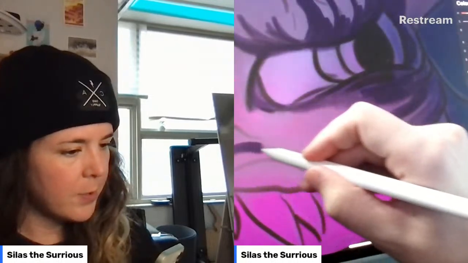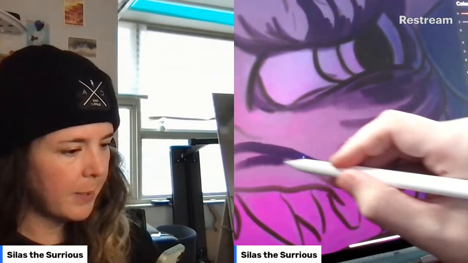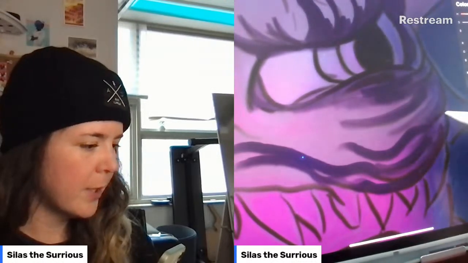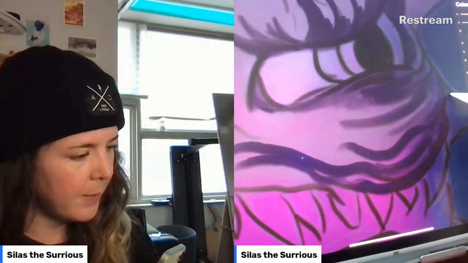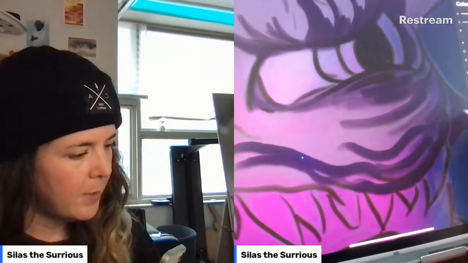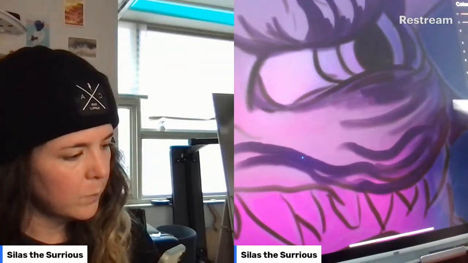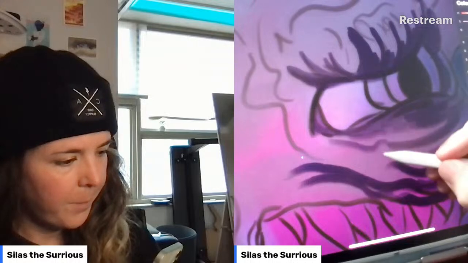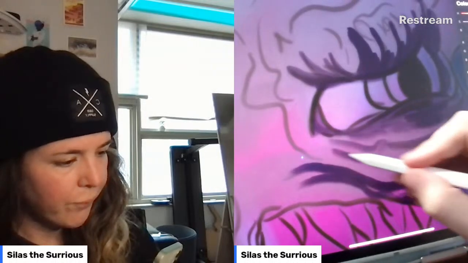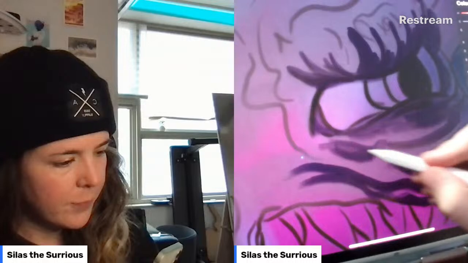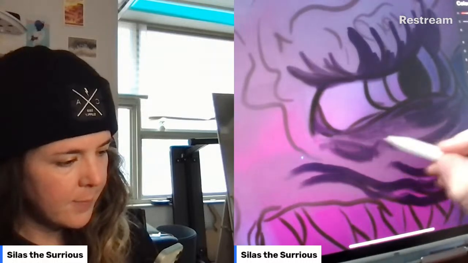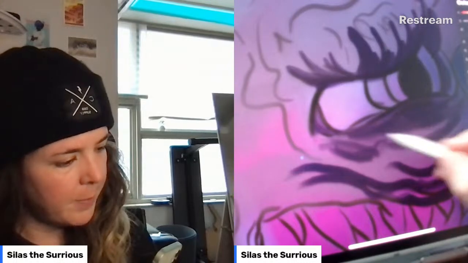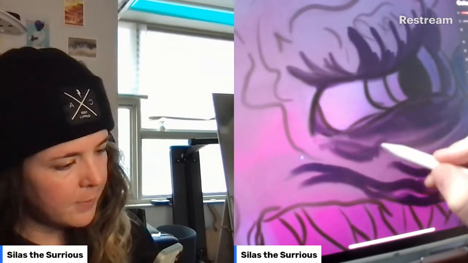Okay, I just want to finish this upper, snarling lip kind of area here with our shadows. I just want to check and see if this is working before we deeply invest in doing this through the whole creature. Let me just check and see if this is working. I'm going to show you guys my little life hack for